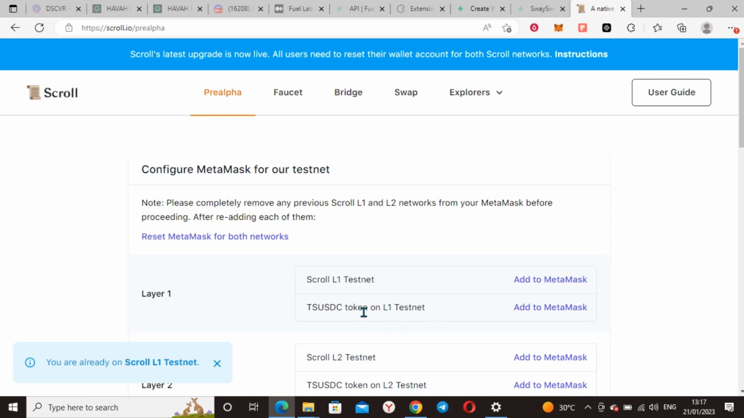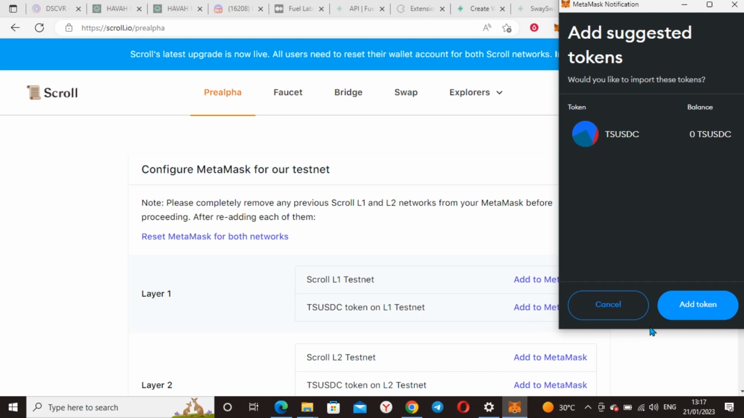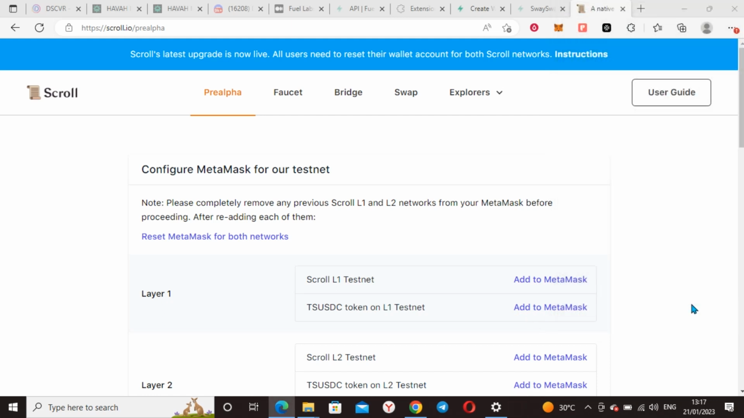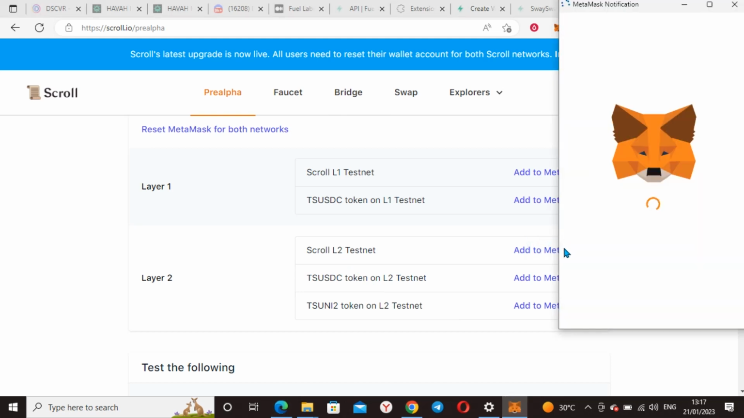Now the next thing you need to do is add the TSUSDC token on Layer 1 testnet, which is click on add to MetaMask. That's where the URL is. It's highlighted purple, so just add token. If you remember, the first time we did Scroll, before they cleared the wallet, this option was not there. So now they've added some new features, and we need to do everything so that we can qualify for their airdrop. Now this is for Layer 2. You do the same thing for Layer 2. Just click on add to MetaMask. Once you do that,